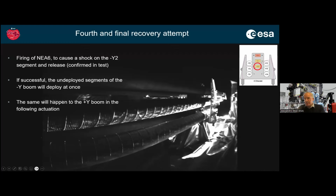And basically, that's what you see here. We had one more non-explosive actuator from the other boom, but this actuates by melting, basically, a material, and then a spring with a lot of force jumps back. And the force of this spring was enough, on Earth at least, to release this stuck pin. And this you can do only one time, because we only had this one NEA left on this part